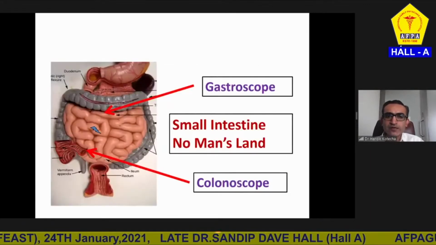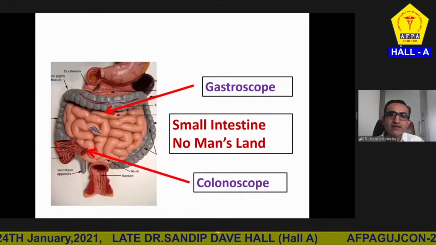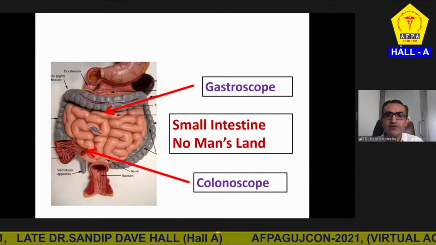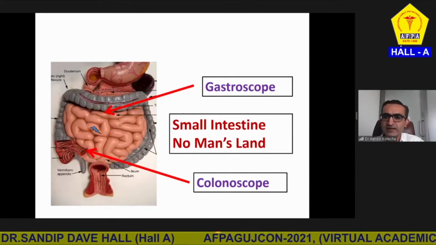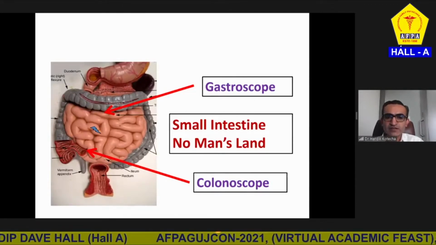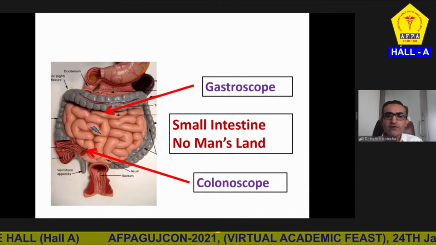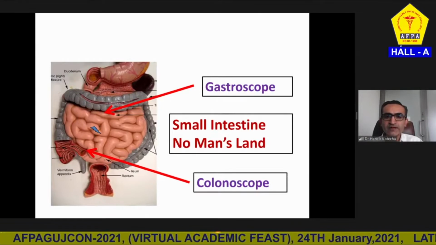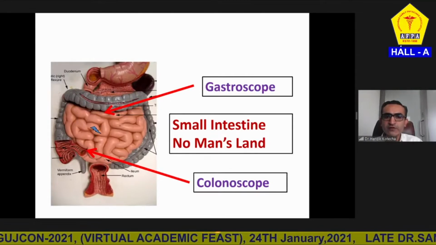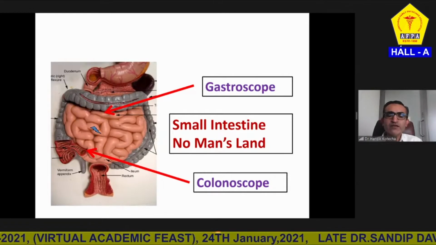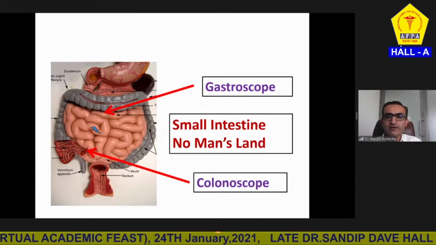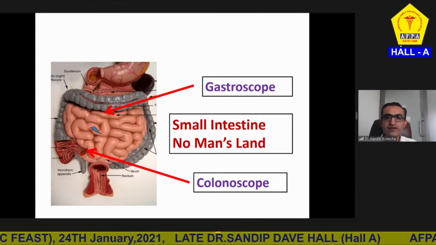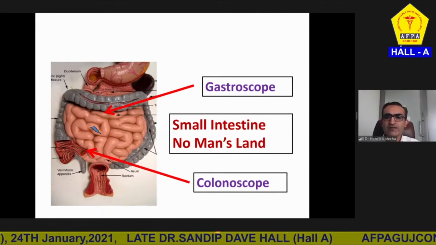Now, what is enteroscopy? If you see this image, classically, with the help of the gastroscope, we are able to reach the stomach and the duodenum and the proximal jejunum, 10-20 centimeters beyond the DJ flexure. If we do a colonoscopy, we are able to reach the entire length of colon from the anal canal, the sigmoid colon, descending colon, transverse colon, ascending colon, cecum, and we are able to see the distal 10, 20, 30 centimeters of the terminal ileum. But the middle small intestine for an endoscopist till 2 decades back was considered a no man's land.